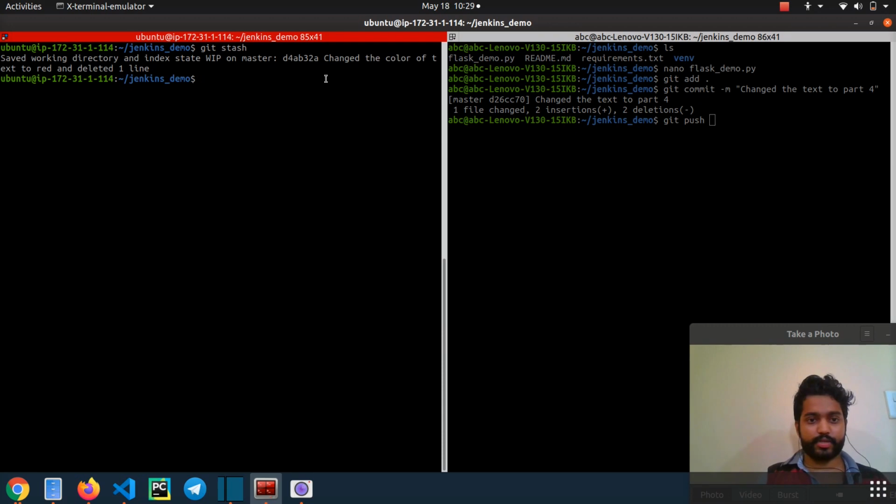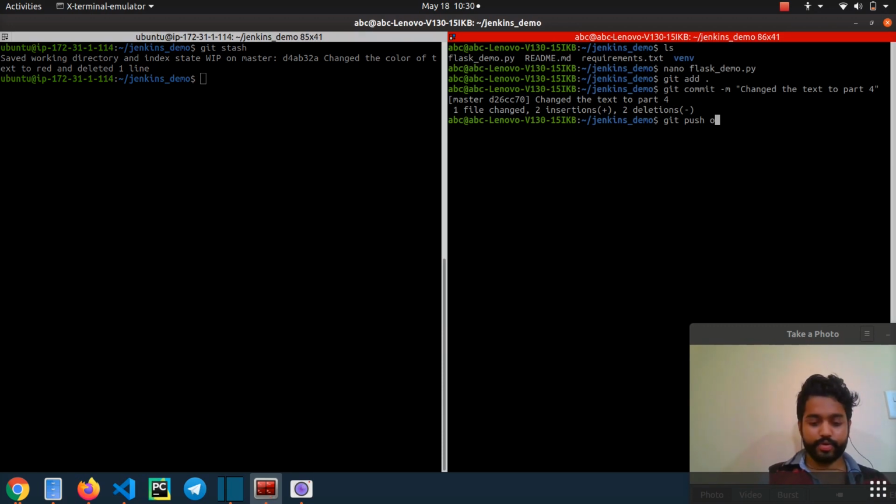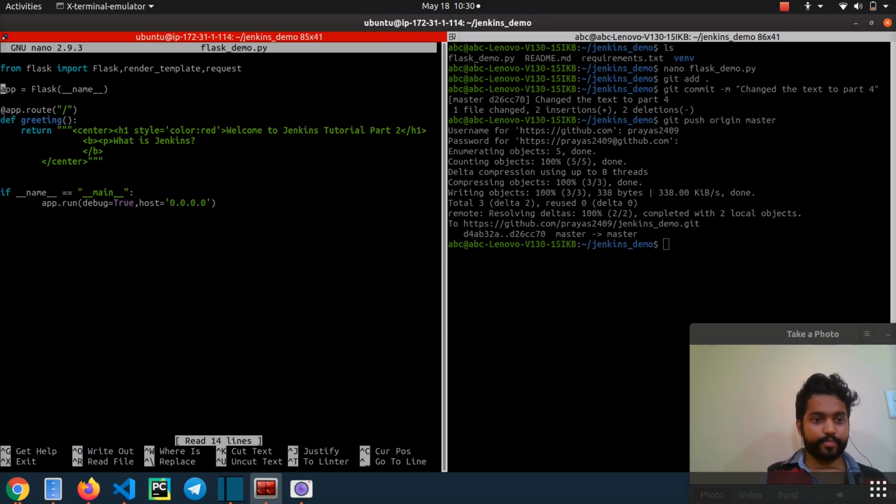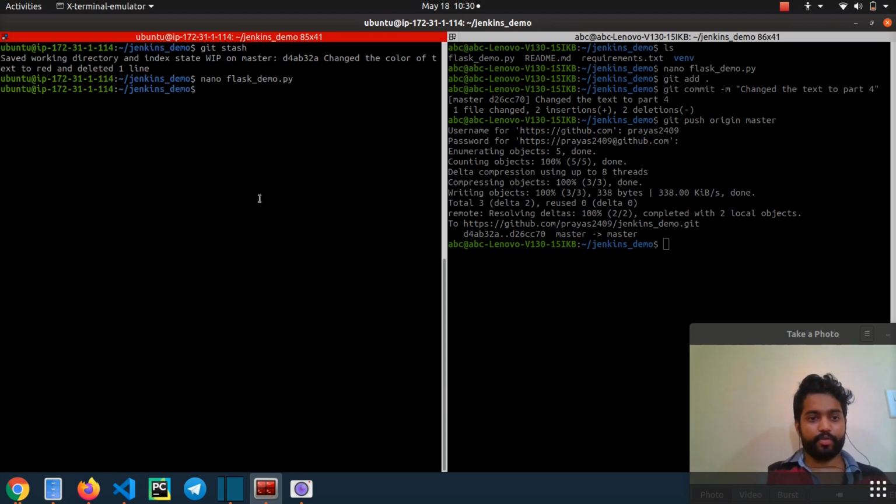Now if I do git push origin master, so here guys, if I see the changes, nano flask app, it is again reset to the previous things because we have done git stash. Now if I want to get the changes, what I'll do is git pull origin master, right?